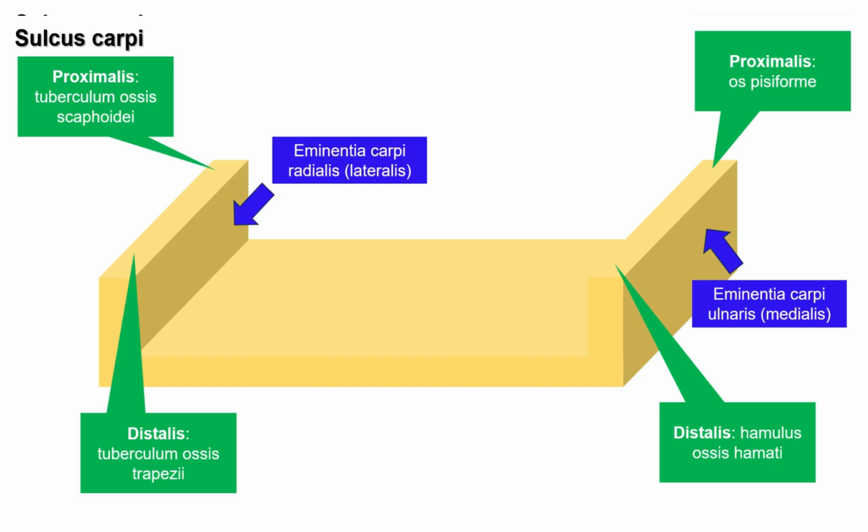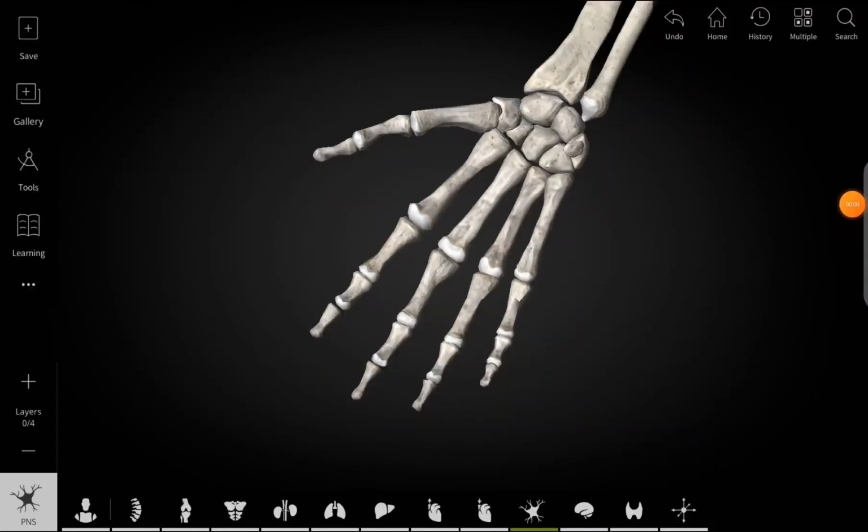Proximally, the os pisiforme forms it, which is located on the upper surface of the os triquetrum. And distally, a characteristic structure of the hamate bone, also known as the os hamatum, forms it, which we call the hamulus ossis hamati. The last major region of the free upper limb is the hand, or manus, which we